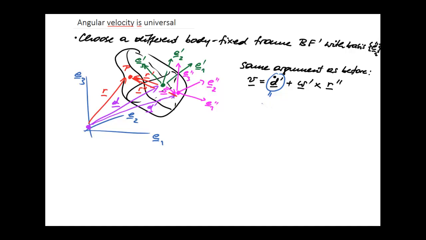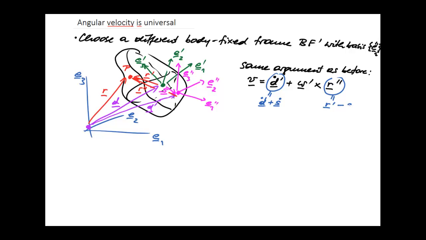So we have d dot plus s dot. We can also relate r double primed, so the position vector of point P in the new body fixed frame, to r primed. That is the position vector with respect to the original body fixed frame, and that's given by r primed